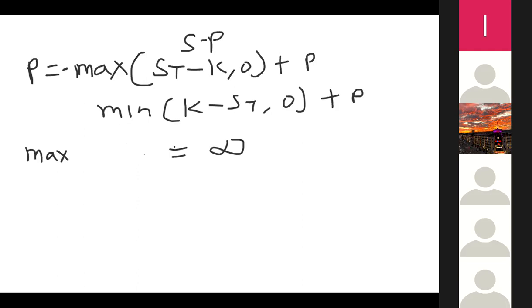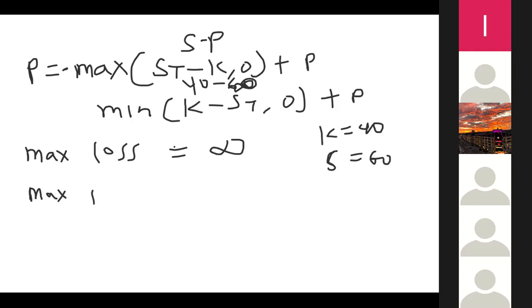And you can see it from here. Let's say the strike price is equal to 40, and the stock price S is equal to 60. It becomes 40 minus 60, which is minus 20, so you make a loss of 20. Now, if the stock price is rising up to infinity, that means your loss will be up to infinity. Maximum loss will be infinity. And then the maximum profit now becomes P. Because if you say the maximum loss that a person can